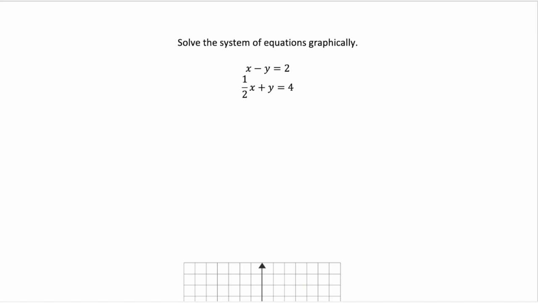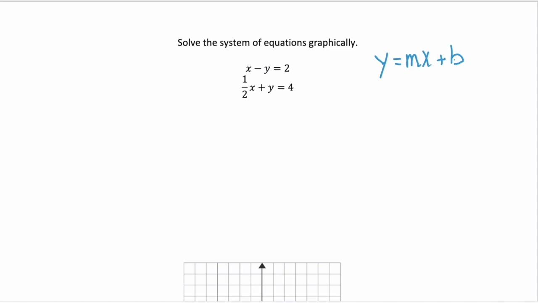We're going to look at another example of solving a system of equations graphically. And this time one of our equations has a fraction. So remember, when you're solving graphically, you need to be in slope-intercept form, or y equals mx plus b. So your first step is to always rewrite your given equations so that they're in that slope-intercept y equals mx